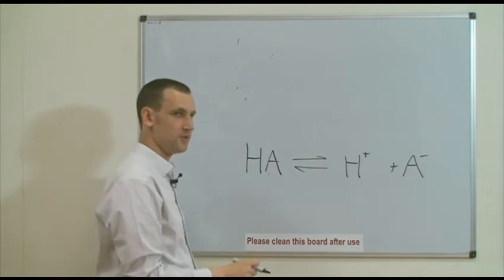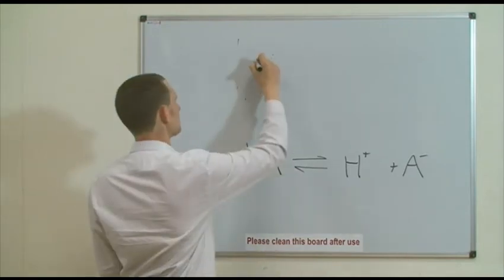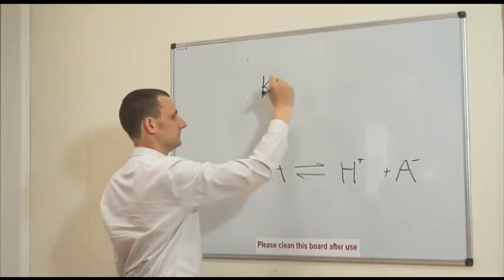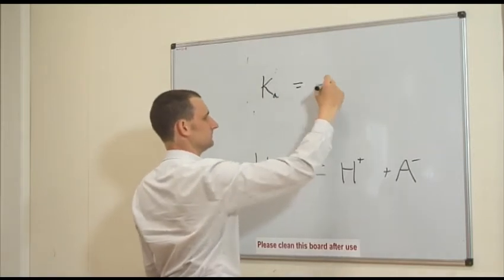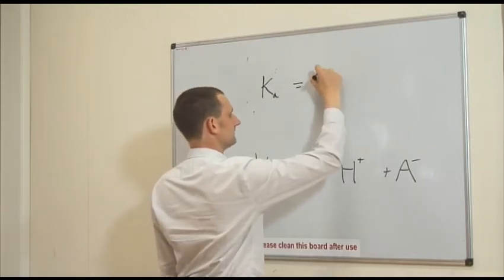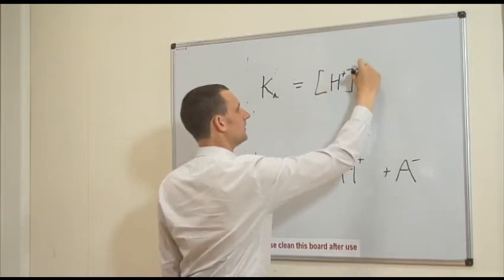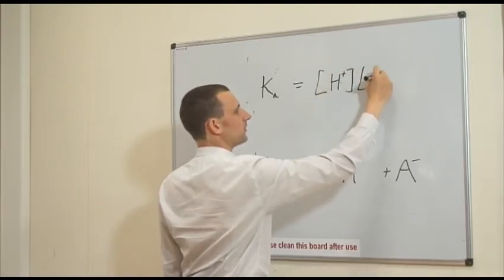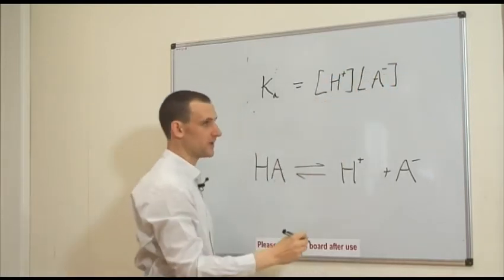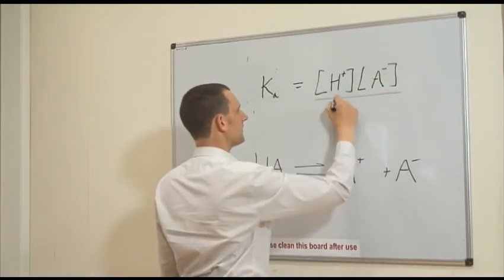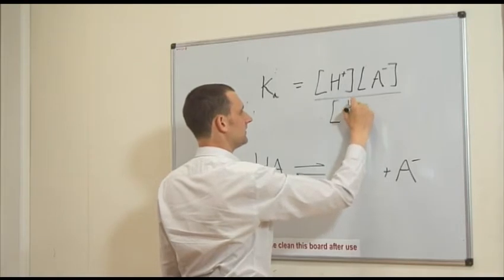So we can take this equilibrium and derive the equilibrium constant, which is equal to the concentration of the protons multiplied by the concentration of the conjugate base